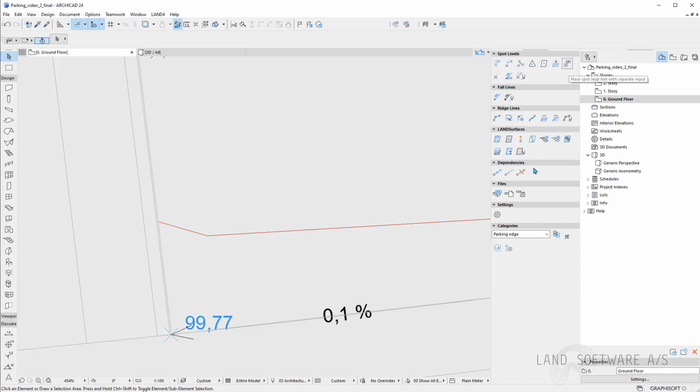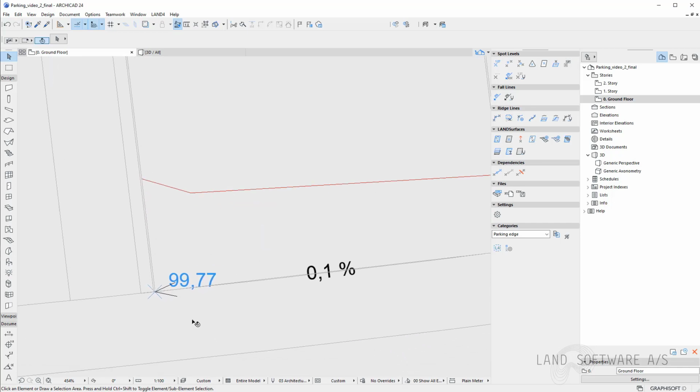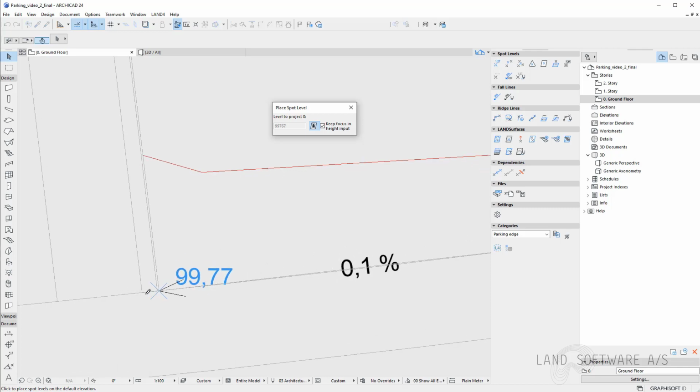I want to have my separate input when I place my spot levels, so I can decide where the spot level text can be placed. Now I have again the gravity tool on, and I can place a spot level here. And as you can see, my spot level has been placed, but now I have the hammer symbol where I can decide where to place the text for the spot level.